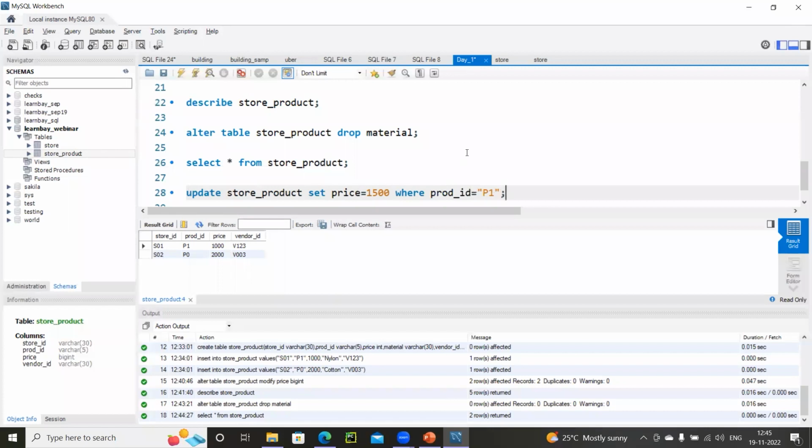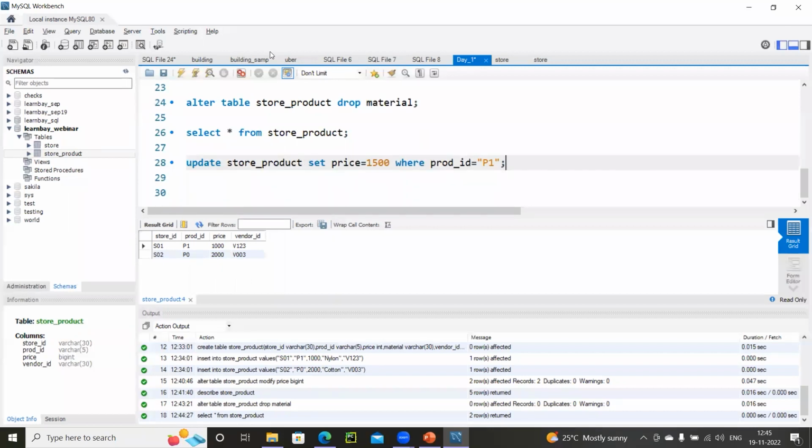Now I'll first explain this statement, then we can go ahead and run it. Alter and update both? No, Devendra, no. How come they will be the same? That is what I have been explaining so far, right? Okay, I'll come to your question. Just a minute. Let me run this and come back.